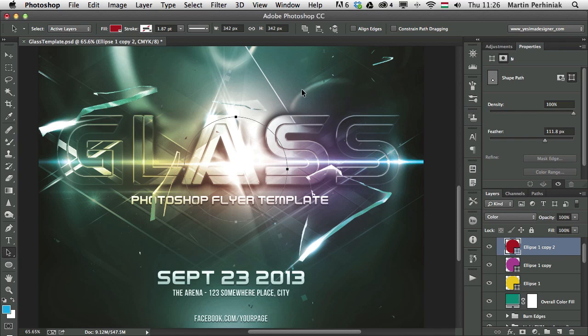So you won't be able to select with this tool any of the other layers. While if you have all layers selected, then you will be easily able to switch between any of your shape layers. Whichever layer you have paths in, you will be able to switch between them automatically without choosing anything from